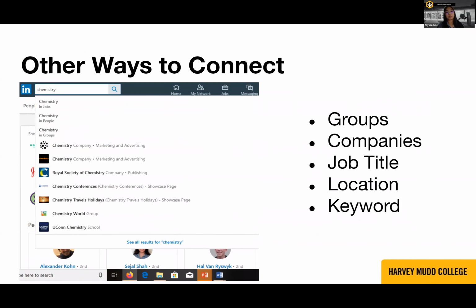There are other ways to connect beyond just the alumni. Like I said, you want to connect with anyone and everyone that you have something in common with or you want to build a genuine relationship with. You can find these people in groups, companies, job titles, locations, or just keywords. You can even just follow pages like NASA. I follow Disneyland because I like Disneyland, but there's a bunch of groups as well that you can follow. This example is chemistry, so chemistry and jobs, chemistry and people, chemistry and groups. You can join these groups, see what other people are posting,